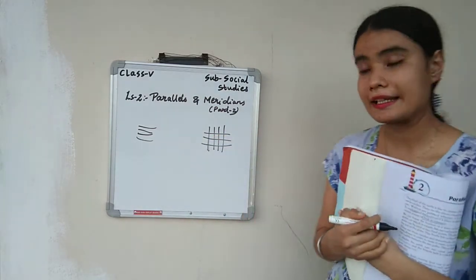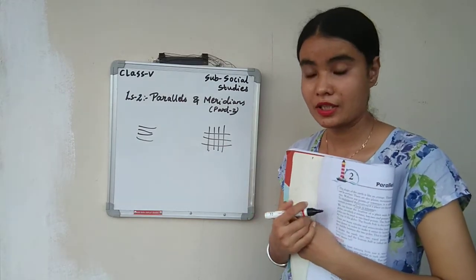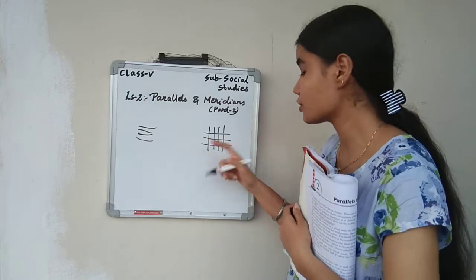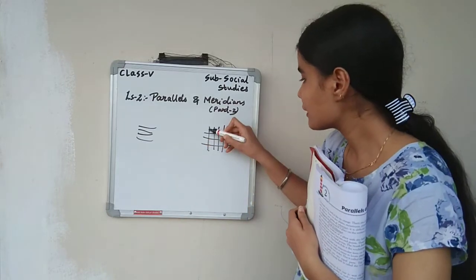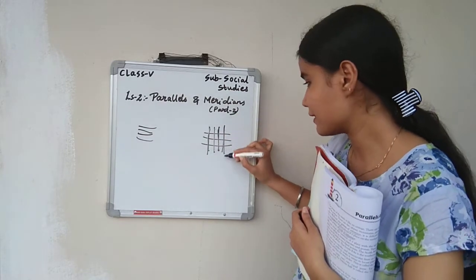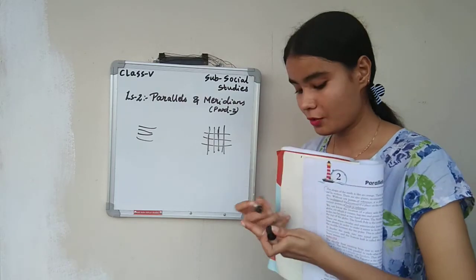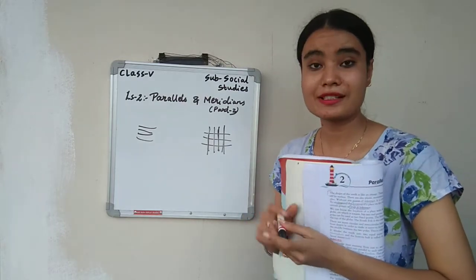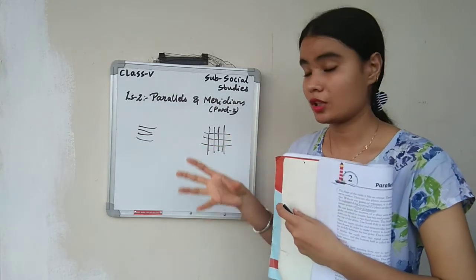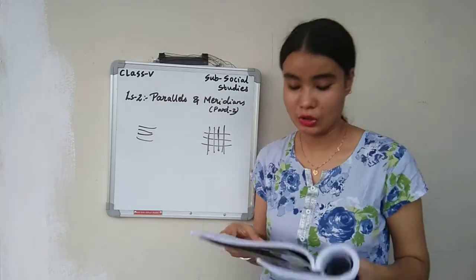So what they are saying is, these meridian lines never intersect each other. They never cut each other. The only thing they are cutting is the lines of parallels. Then only can they pass on easily. So this is how they are cutting the lines of parallels, and this is how they are passing. So it has a degree of how much? 360 degrees. So it means 360 meridian lines can be easily drawn on a globe.